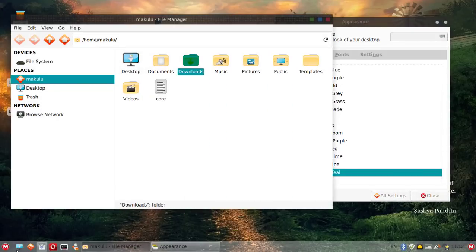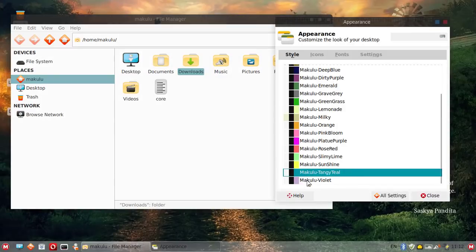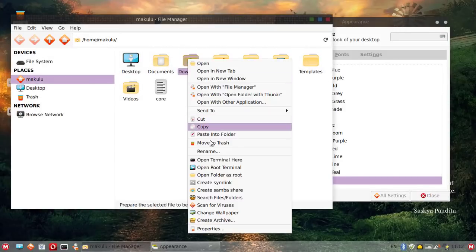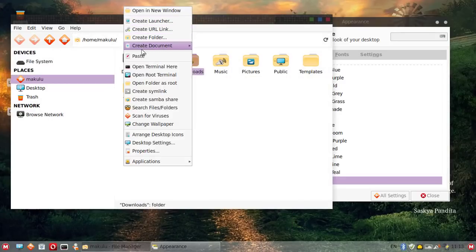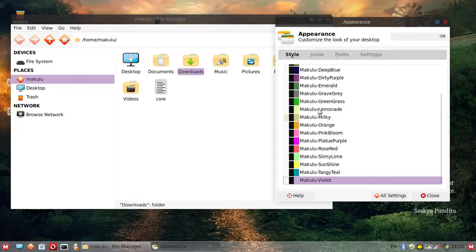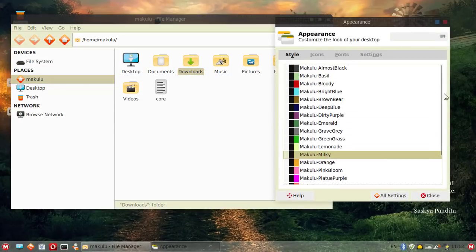And of course you've got a tangy teal color. As you can see there, teal. It's pretty awesome. And you've got a violet theme. So color of violet. It's pretty cool. Very awesome. Now, as I said, by default the Milky Makulu is there, but you have a nice